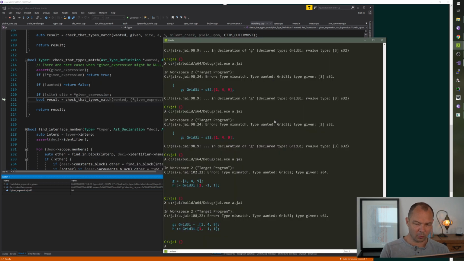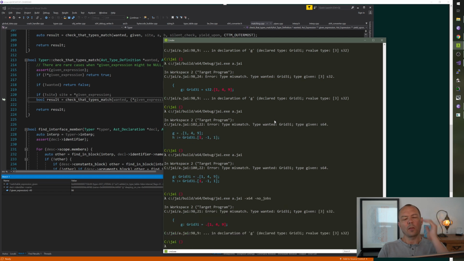Okay, wait, is this the no jobs? Yeah, okay. So we're reporting a different error in each different run, which is why it was confusing. Okay, so this one is saying type given 3 of S32. Okay, this is after we've decided it matched.